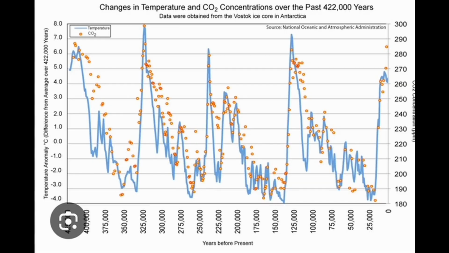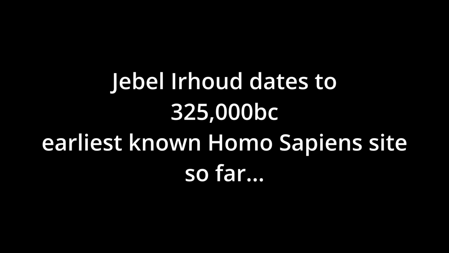So we're jumping past the last ice age into the Younger Dryas, past that, through the ice age and back out to the last time it was warm, and there they are. And then there are people that showed up here then. And of course, Homo sapiens is over 325,000 years now, found from the Jebel Irhoud site, and so it could have definitely been them.